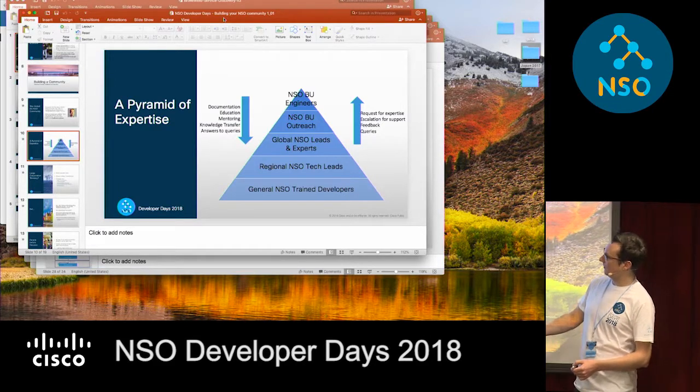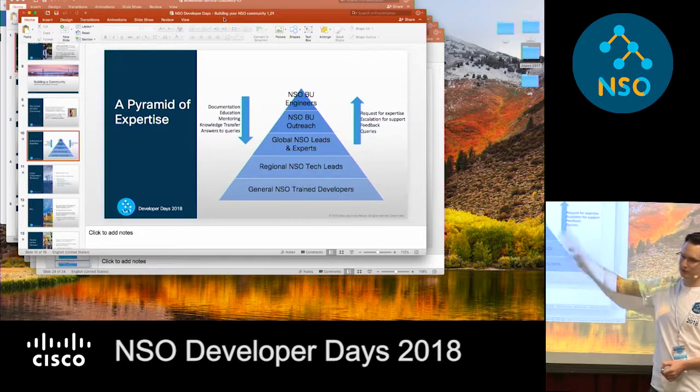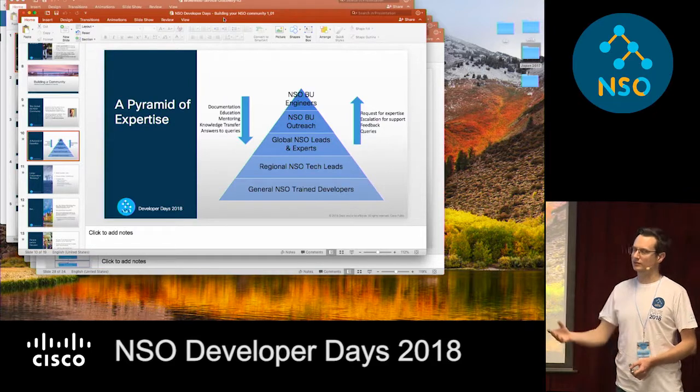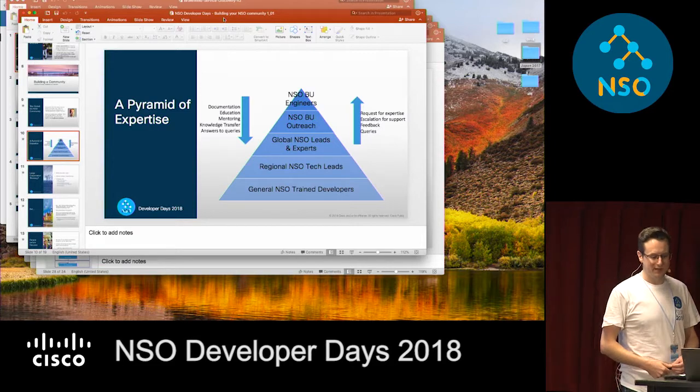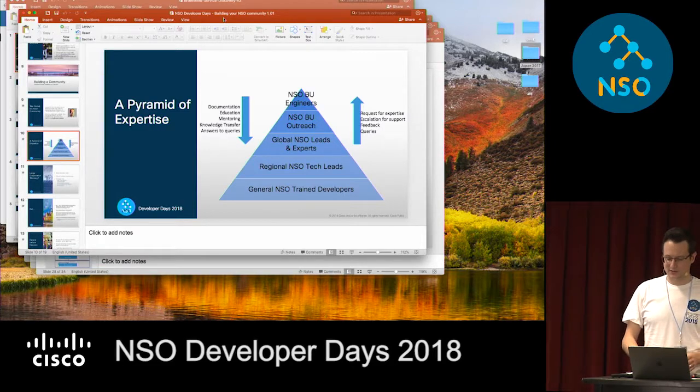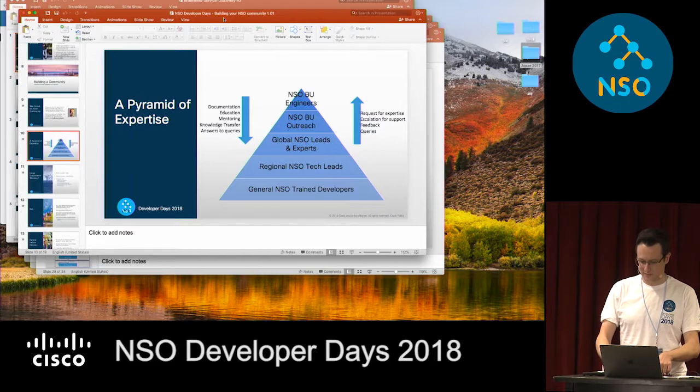So, from the top down: documentation, education, etc., and bottom up: feedback, queries, requests for expertise and examples, escalation for support. So this is the pyramid, right?